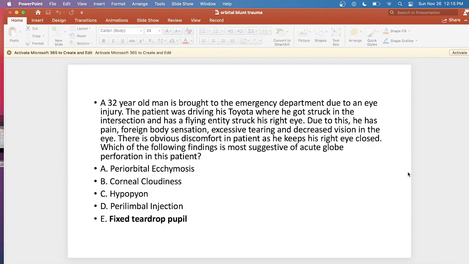A large open globe laceration may present with globe deformity, again, extrusion of the vitreous or iris, and a visible entry wound. In the absence of an obvious wound, OGL, open globe laceration, may be inferred by a peaked or teardrop pupil. The teardrop pupil refers to the iris stretching due to the laceration or foreign object, increased or decreased anterior chamber depth, and reduced intraocular pressure. Other potential manifestations include loss of visual acuity, like I've said before, and